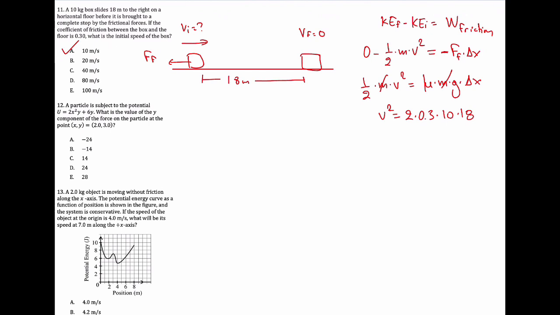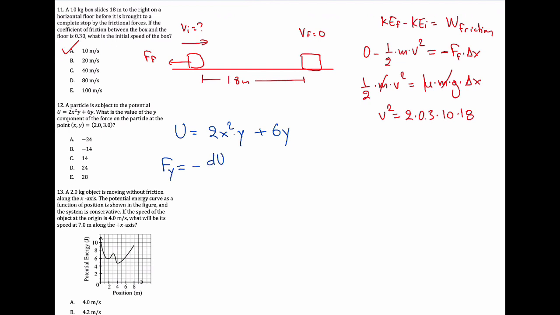Now the next question is a little bit interesting. We have a potential energy that is a function not only of position x, but at the same time it is a function of position y. We need to be a little bit careful, as we need to find the y component of the force at a certain position. Now we know that the force is equal to the derivative of U, actually the negative derivative of U. However, since we need to find the y component, we will say that the y component of the force is